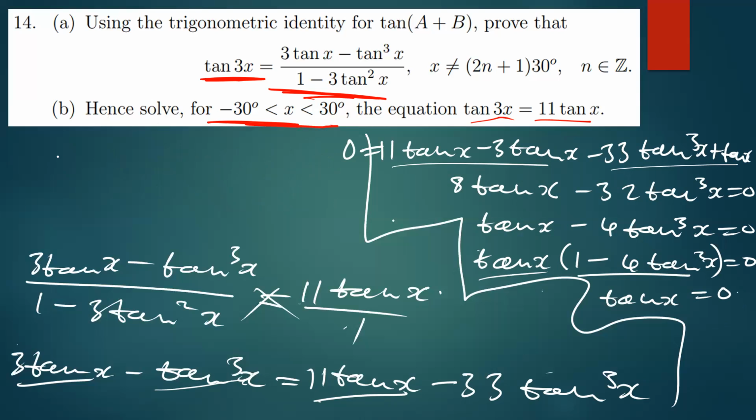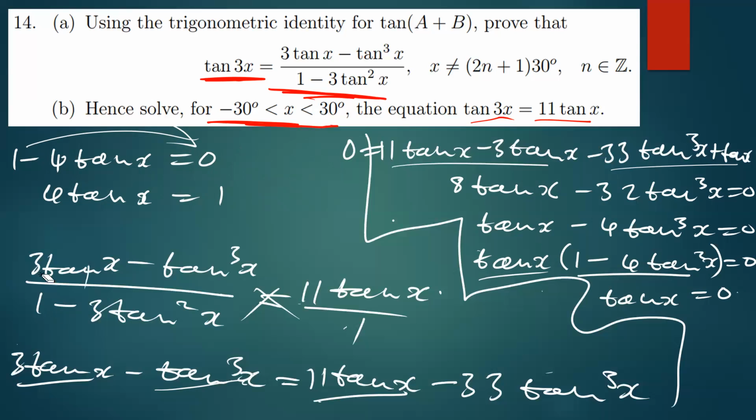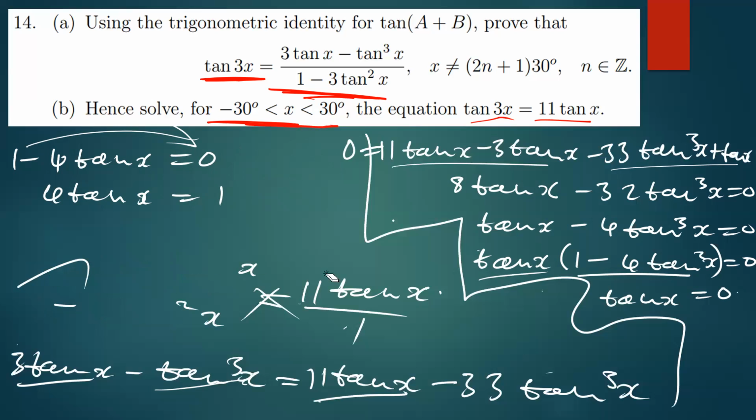So the other solution will come from 1 minus 4 tan x is equal to 0. So when you take the 1 to the other side of the equal sign, you get 4 tan x is equal to 1. Then when you divide everything by 4, you're going to get